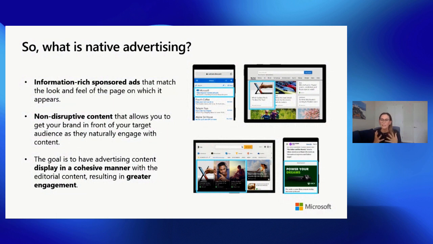And so on the right here, you can see some examples of how these ads appear, and they're really integrated into a publisher's site. So whether it's across news, content pages, articles, mail, apps, and more, they're really blending into the user experience. And because of this, we know that native ads are non-disruptive. So that really allows you to get your brand in front of your target audience as they're naturally engaging with content. So they're checking their mail, they're looking up news, they're shopping online, and your advertising will appear to them